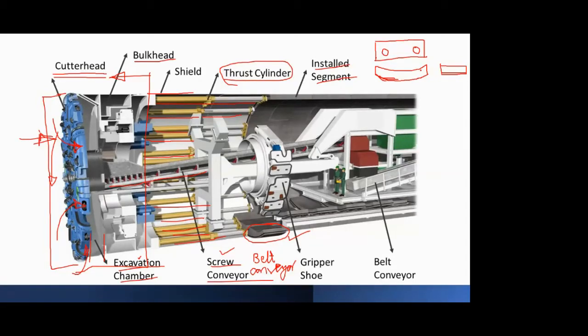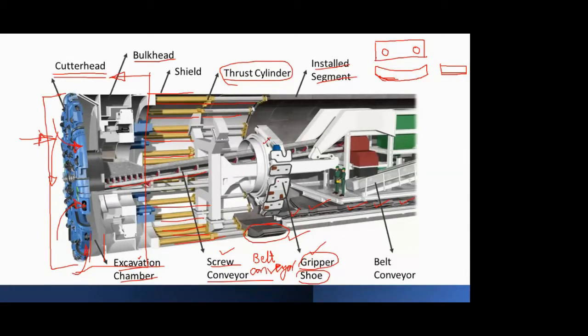These segments are precast members, and they are cast based on the tunnel size. You know what the diameter of your tunnel will be, how much the perimeter of the tunnel will be, and what the shape will be. From that, these segments are cast and then transported, and you can see here each segment is arranged in a line. It's a long machine, this TBM, so you have this line of segments, and you have something called the gripper shoe.